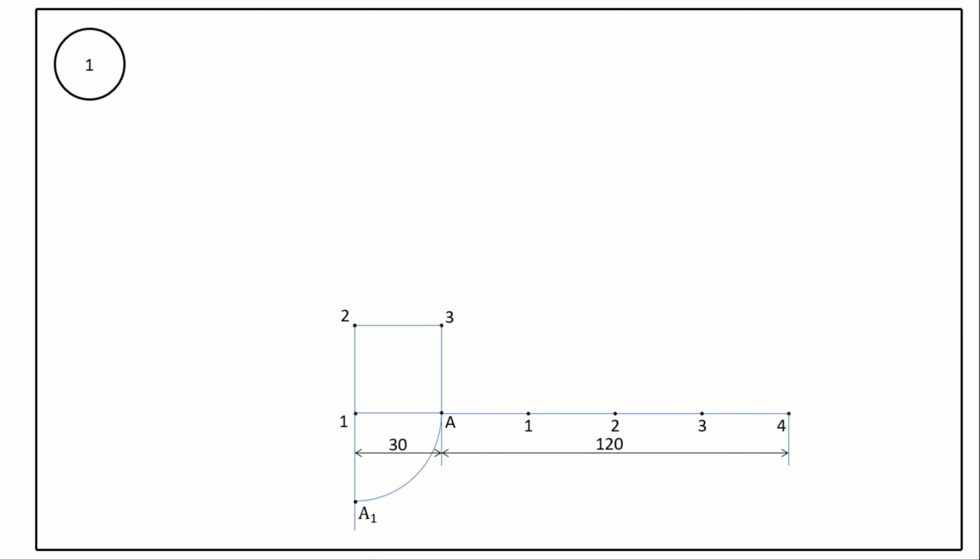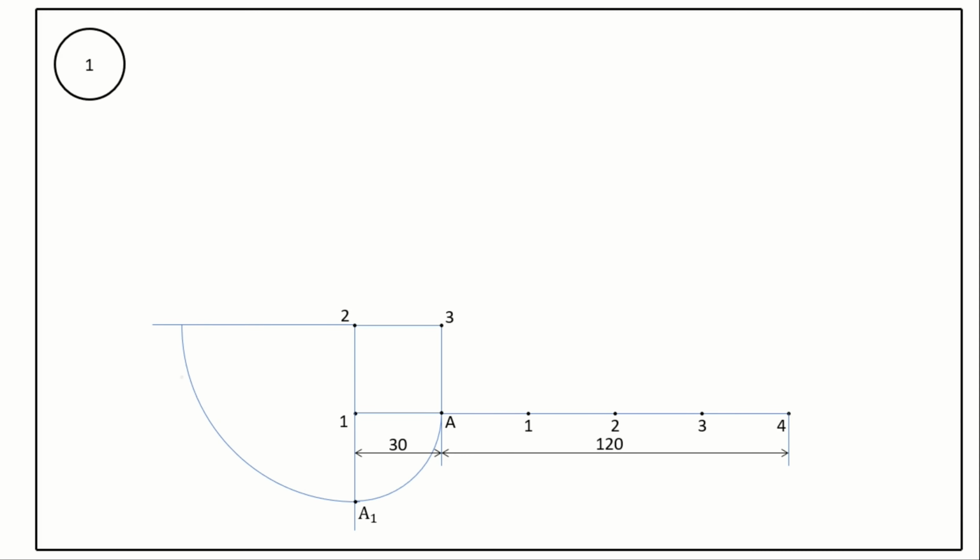Now, after unwinding the thread from the first side A1, unwind the thread from 1 to the second side. To this side 12, 23 is the adjacent side. So, from the adjacent side, draw an extended line. Take a scale, keep it on the 23 line and draw an extended line. Now, take a compass and measure the length A2 on the horizontal line. This length measures 60 mm. So taking radius 60 mm, center point 2 on the square, draw an arc starting from A1. This arc cuts the extended line at the point A2.